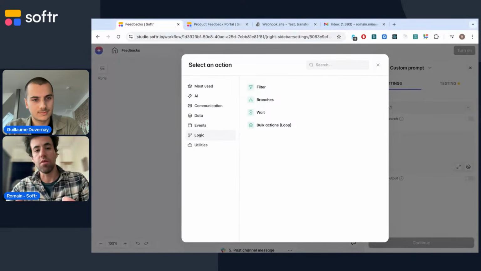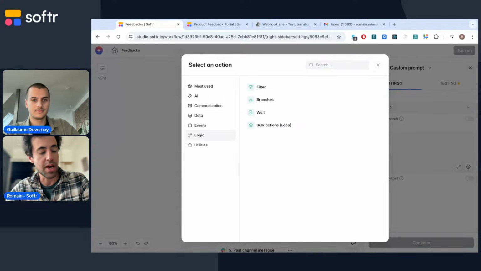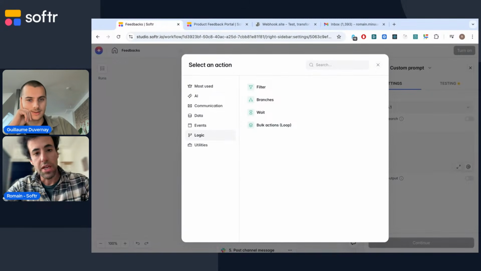patterns within the workflow. So for instance, filtering: if you have a list of elements and you want to exclude some elements based on condition, you can use a filter. Branching, so we mentioned the human in the loop. Typically you have a workflow where you can have either an approval or rejection. You can use then a branch to create two subpaths based on either of those answers and to do different actions downstream. The wait, as the name says, is just to pause the workflow.